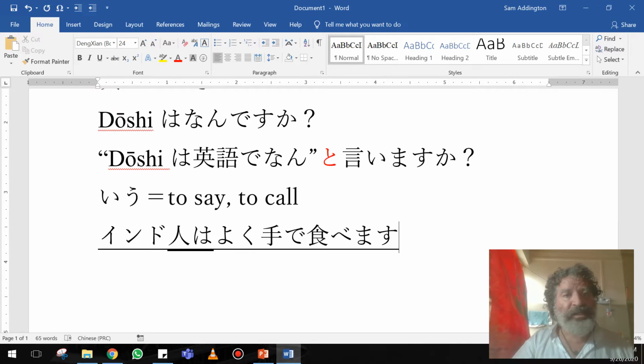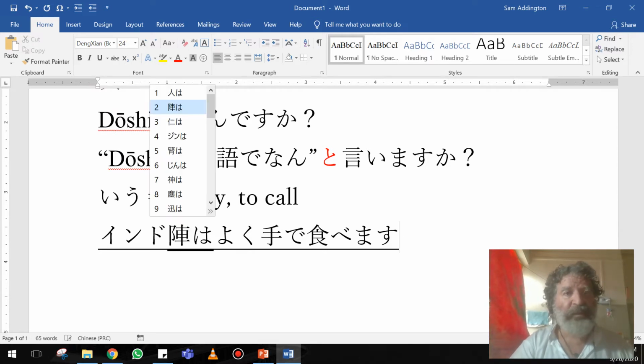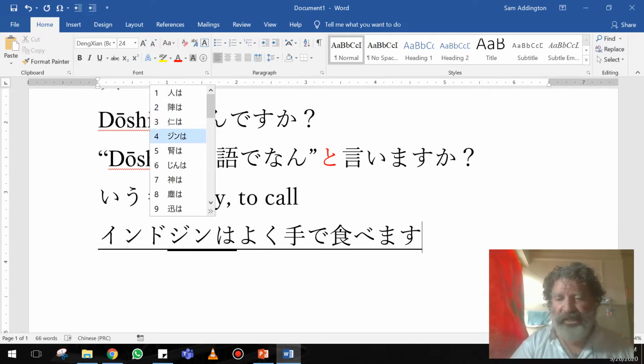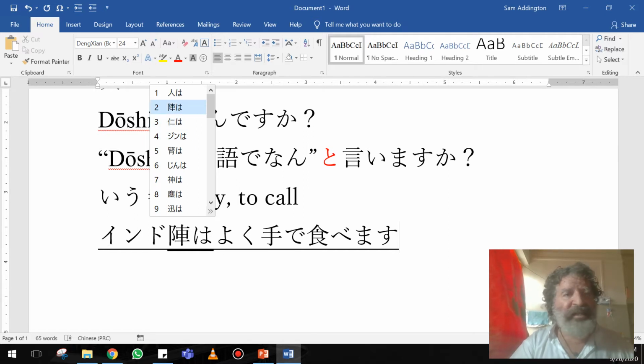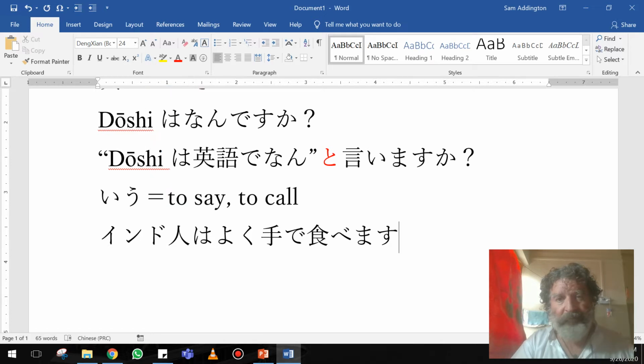So now I can go through this one, and I can do the same thing. Hit the space bar. And Jin is written this way too. It has an entirely different meaning. Okay, so there's several ways to write Jin. But of course I want to write it this way. So I'm going to accept the whole thing. Enter. Okay, and the line goes away. I could have just put a period there too.